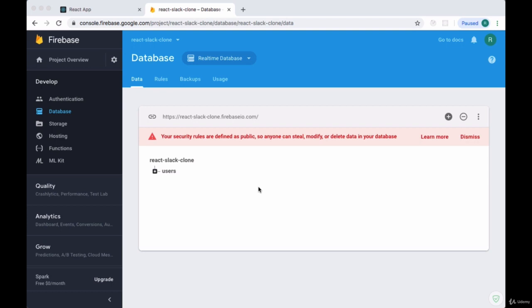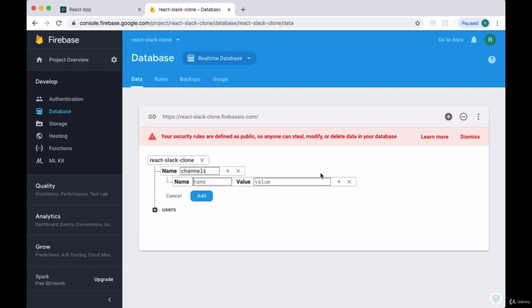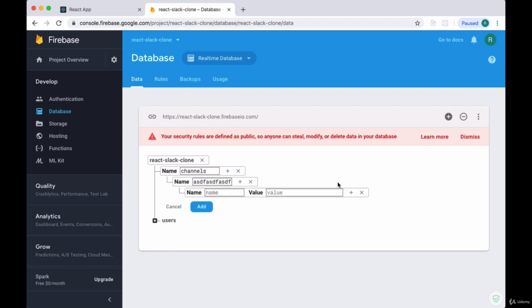We have our users collection in our database. Now we want to create a channels collection for every new channel that a user creates. The collection name will be channels, and it will contain an array of unique IDs for each new channel that's added. And that ID will contain the name of the channel that the user specified,